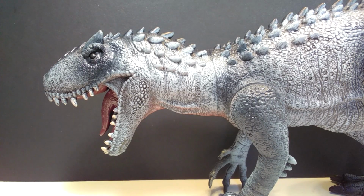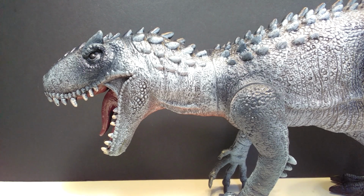So it's really cool that they kind of stick with the theme of this paint scheme with a light bluish gray, and then a dark black or a dark gray mixed with a darker blue. It just looks really cool the way they painted this, and this is exactly the same way that the previous smaller version was painted, so you can almost take the smaller one, put it here with this bigger one, and sort of make it like it has a baby or a family, which is something that we didn't really get